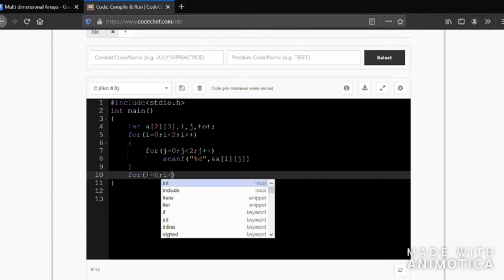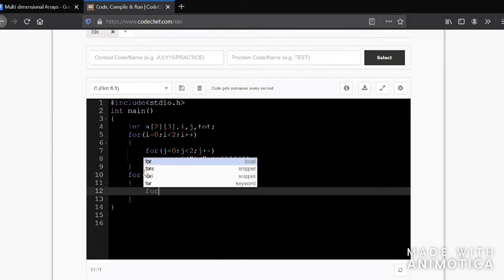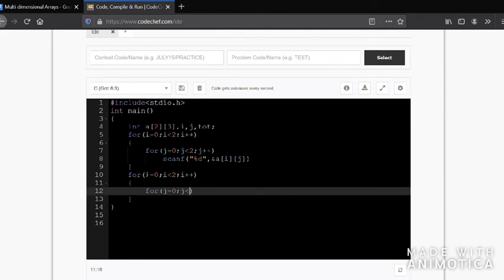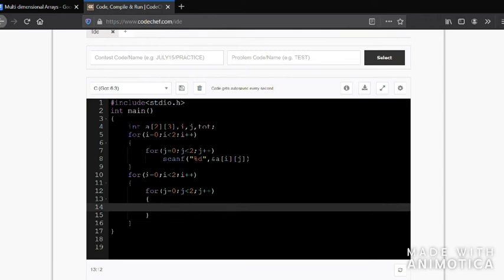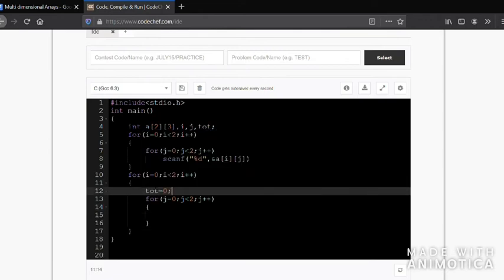For I equal to 0, I less than 2, I plus plus, so here I'm just giving total equal to 0.